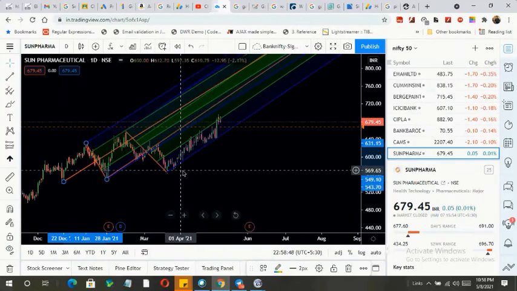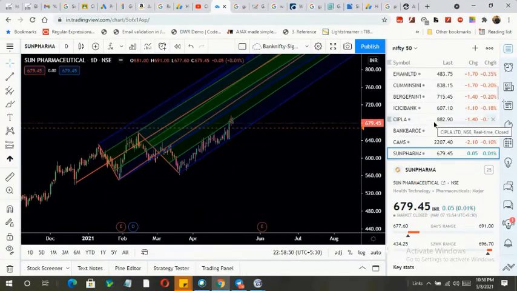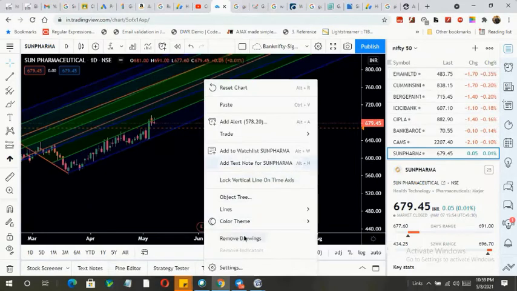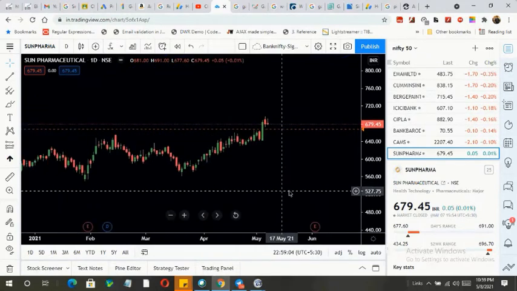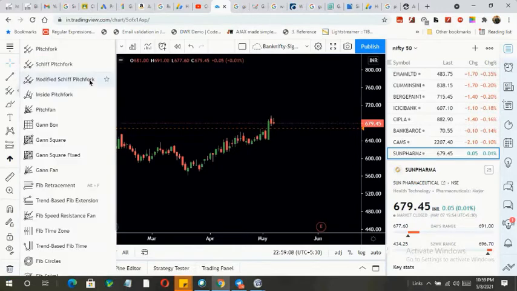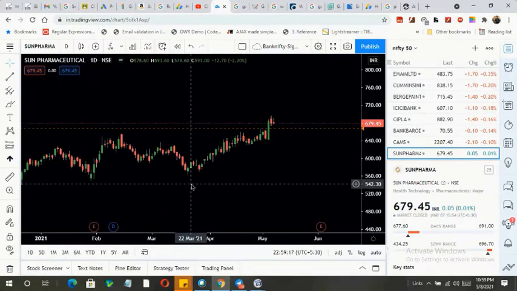First, let's say if tomorrow I want to take a trade, what trade will I take? If you see, it is struggling here to cross the line. This is a simple pitchfork and it is not the modified one. The modified one is the Schiff pitchfork, which I will explain in the next video. In this video I want to concentrate only on the pitchfork.